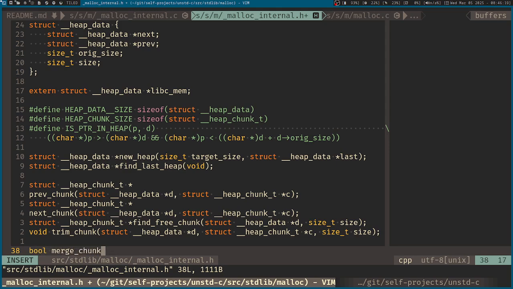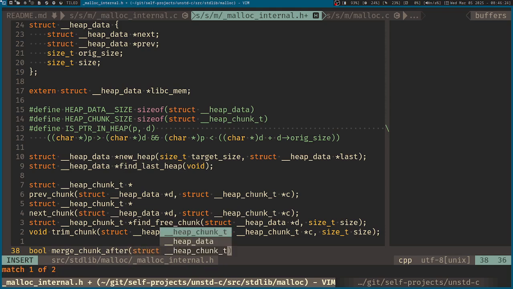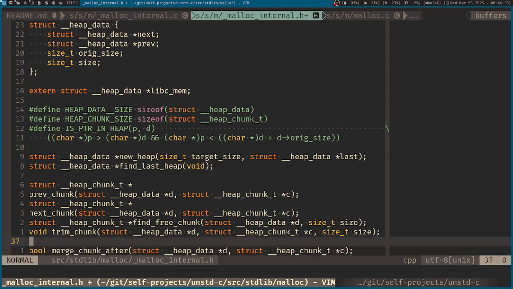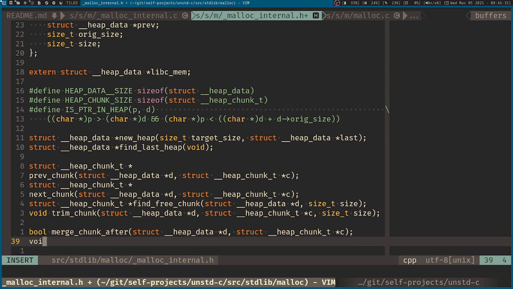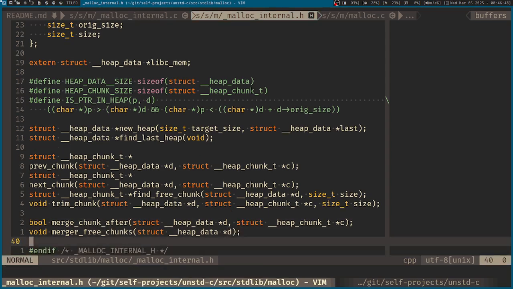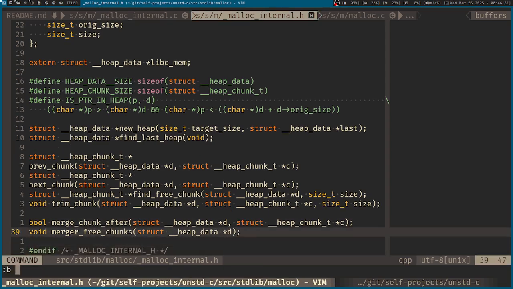if it's able to merge the chunk after the chunk that we've provided to it. So heap chunk, no, the heap data first, then the heap chunk C. And we have a void function that will merge all three chunks. That will just take the heap data, D. And this is what we'll use in malloc